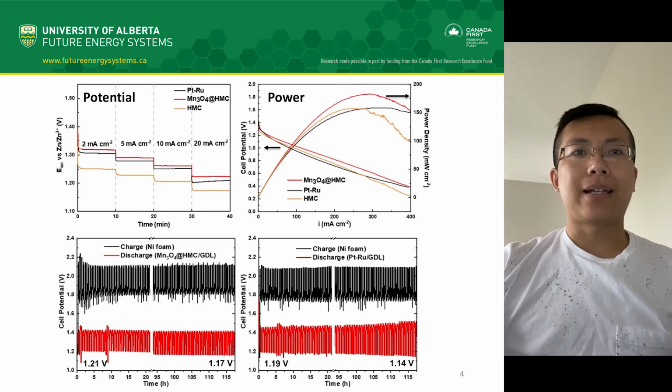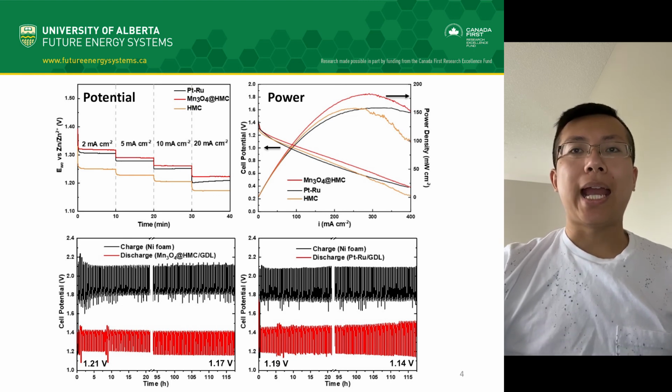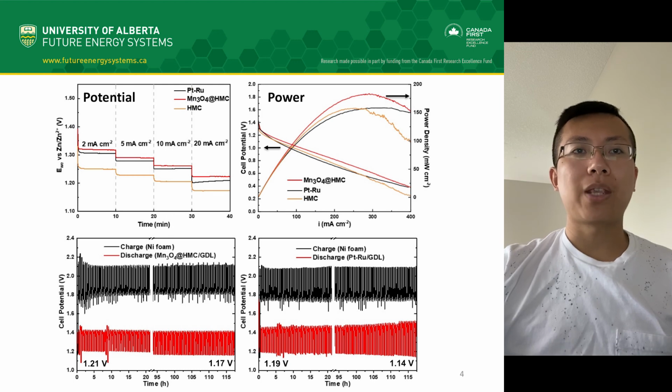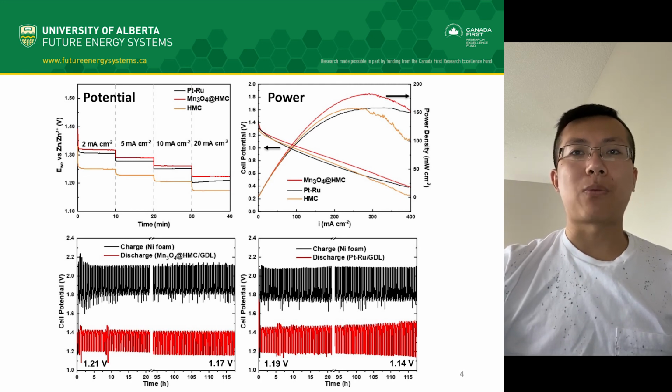To evaluate catalysts in zinc carrier batteries, we look at their potential and power output. When a catalyst is incorporated into the battery, higher potential and power output indicate a better catalyst, which we found here with the hybrid in comparison to the original HMC and the precious metal platinum ruthenium. We also found that the hybrid showed minimal discharge potential drop after 120 hours of cycling, indicating a highly stable material. This means that the battery can be recharged many times while still maintaining the same amount of energy storage